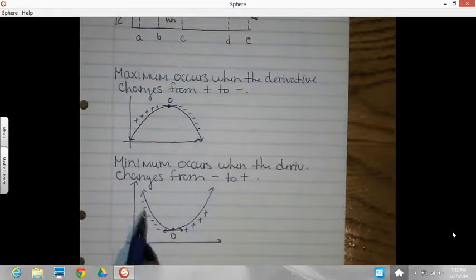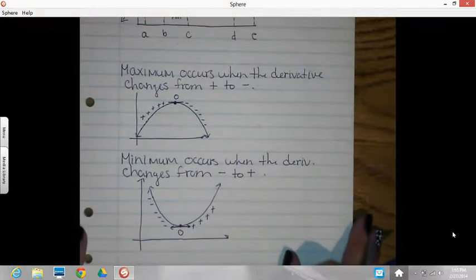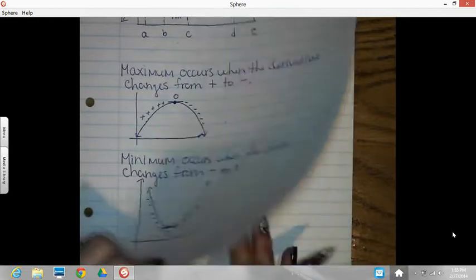Okay, those are pretty straightforward. Now those plateau points. You will get a plateau, either vertical or horizontal. Plateau occurs